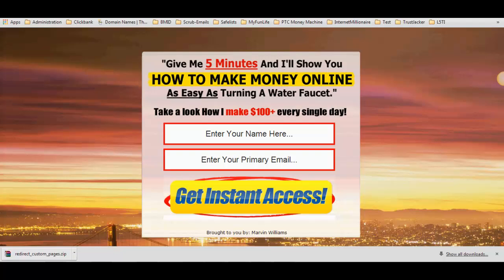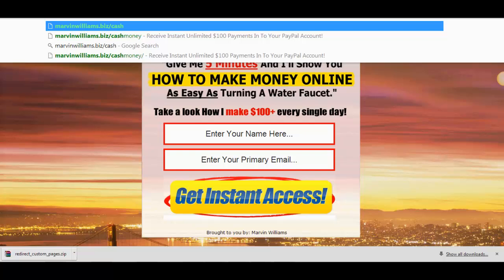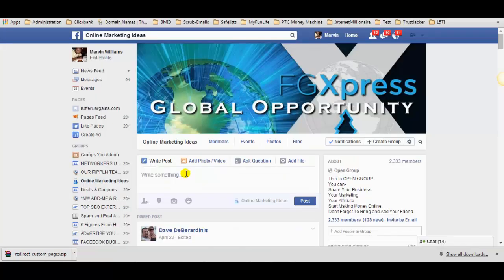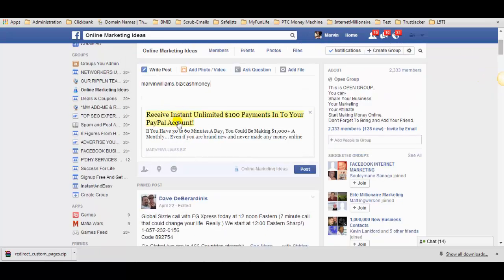right here. Okay, so it's Marvin Williams / cash money. Okay, so I'm gonna just go ahead and copy that, and if I go over here and paste that link in here, you see right here, it doesn't bring up anything from the BMID website, and you can edit this right here if you want. Okay, so I'm gonna just come right here, and if I hit enter and put whatever I want to put up here,